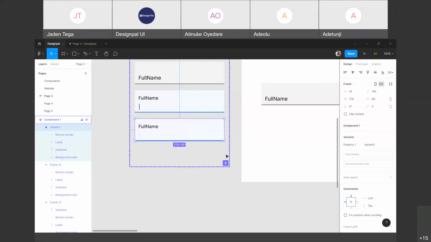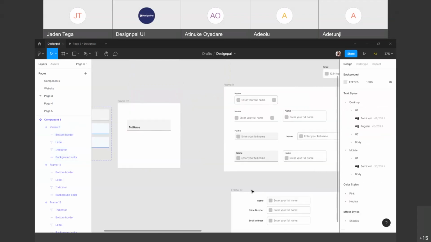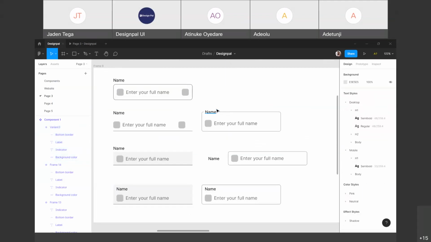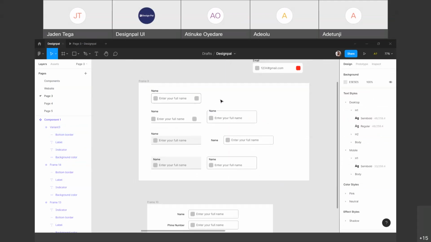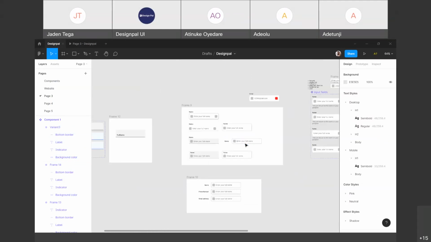So let's move on. That is about different form design. I don't know if there are other design styles, but you can definitely look that up. We've spent an hour and 12 minutes. So next, now I want to talk about